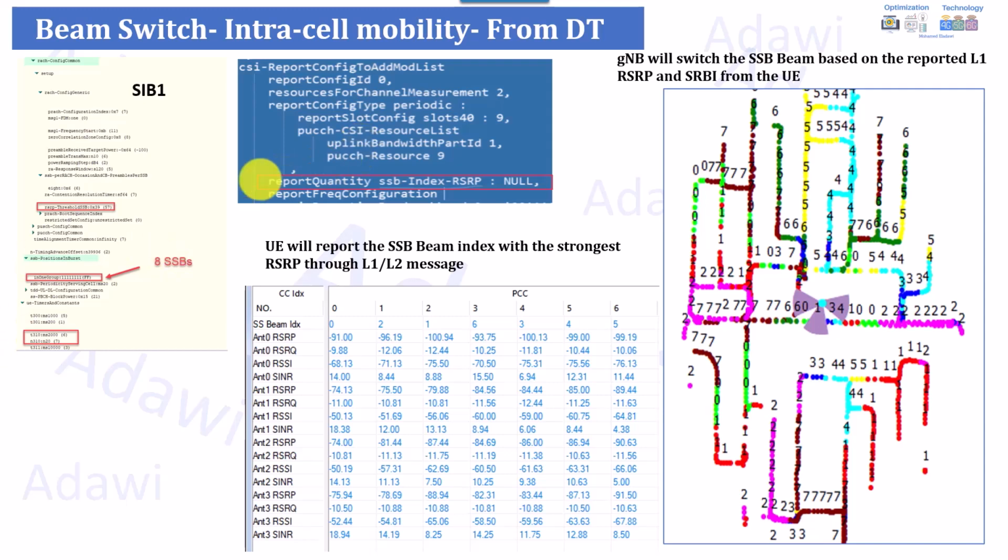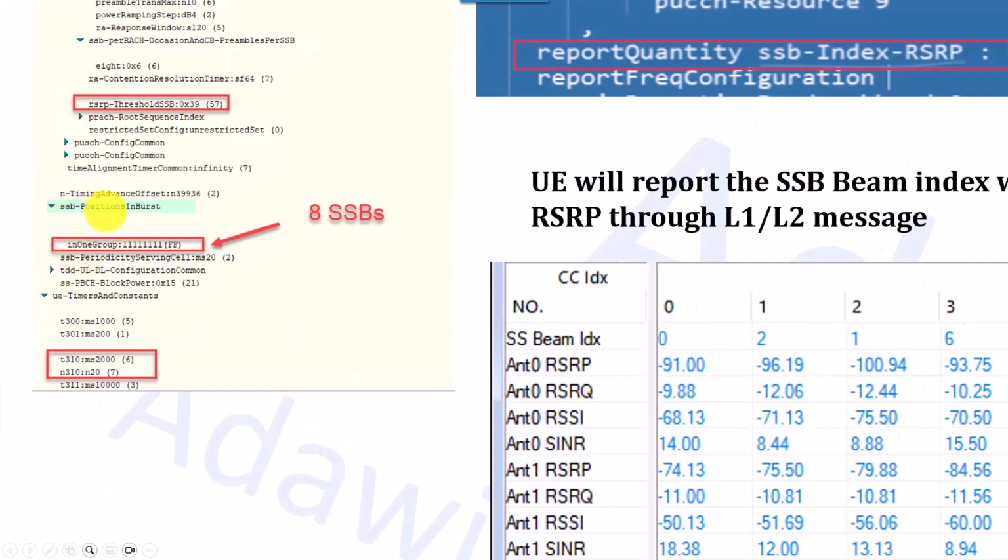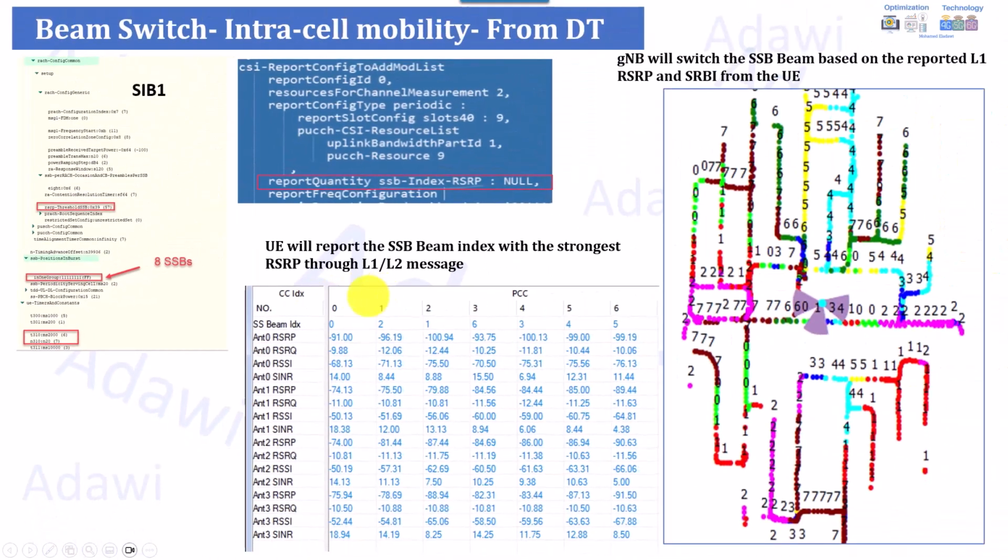You can confirm this from your network, for standalone, based on system information block type 1. If you zoom in here, you'll find something called SSB position, and under this one you find something called group. It has 8 bits, as you can see. If all of them are 1, this means you have 8 active SSB beams. If there are 4, this means you have 4. If only 1 is set and the remaining are 0, this means you have only 1. So here I'm assuming you have 8 SSB beams,